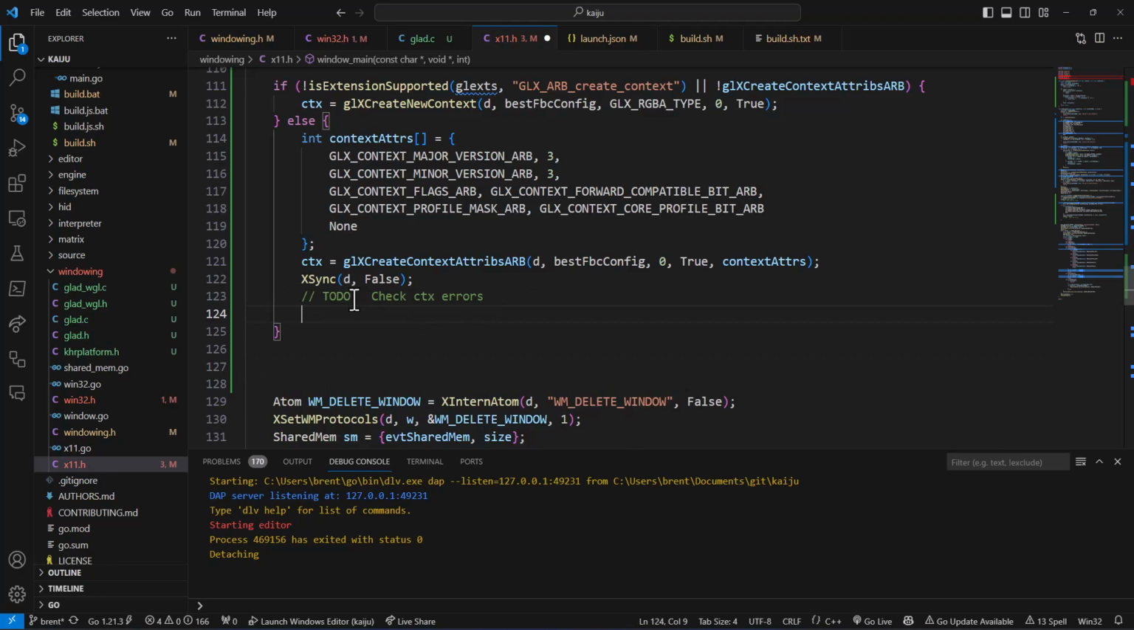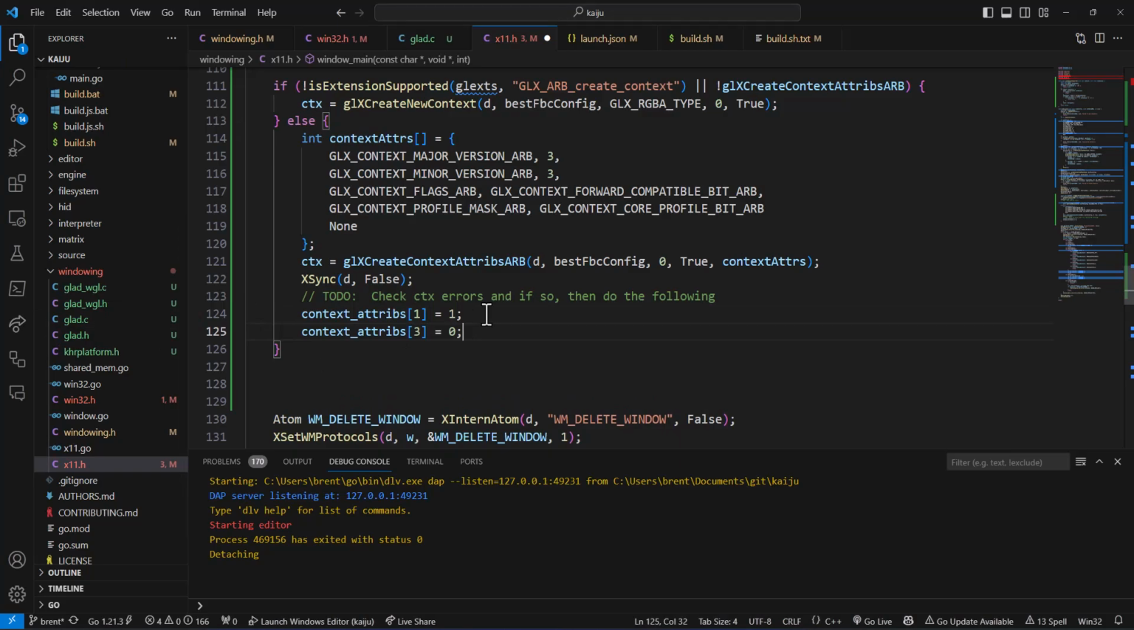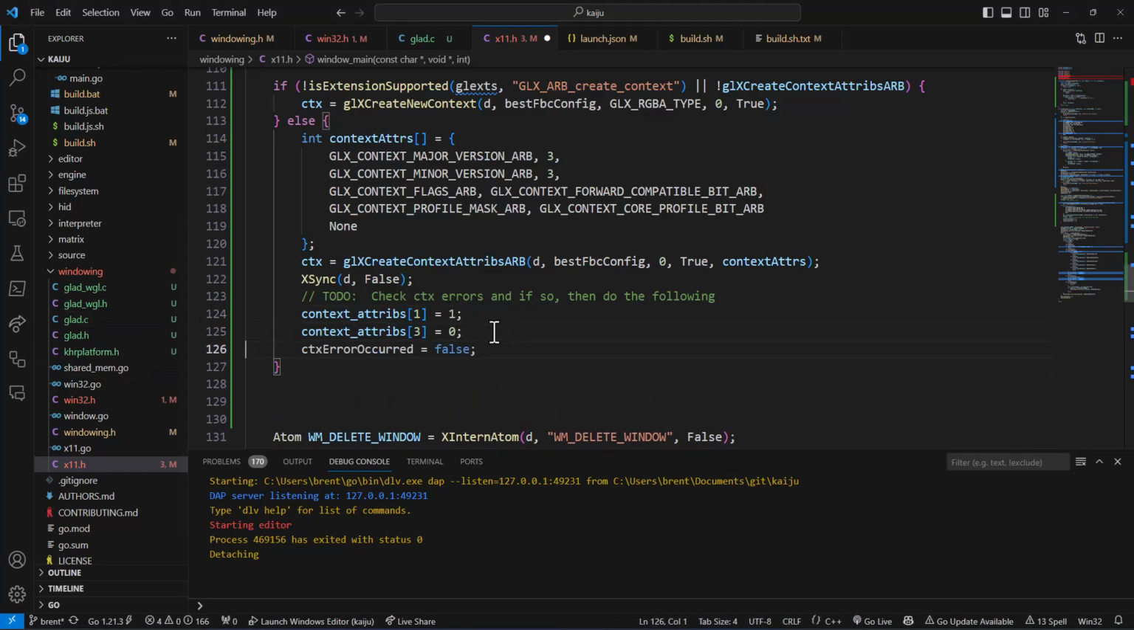We're gonna, this is a success if there's no context errors. If there is, it reduces the version, which I suppose we can do. Check context errors, and if so, then do the following. And since we're not actually going to be running this code right now, I'm just going to copy and paste from the example. Looks like it's just lowering the